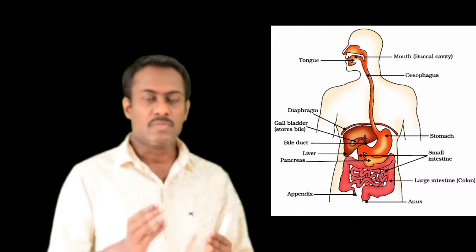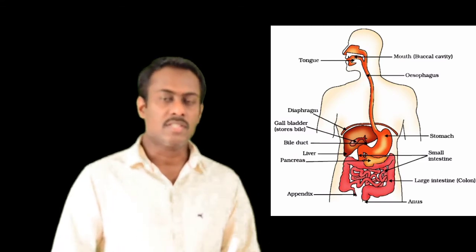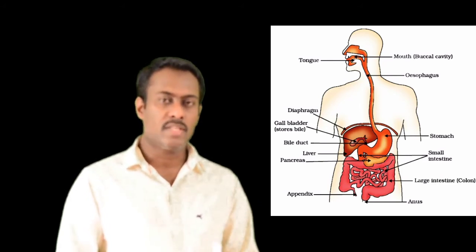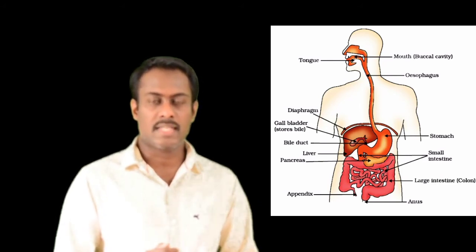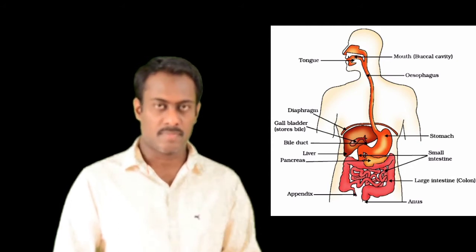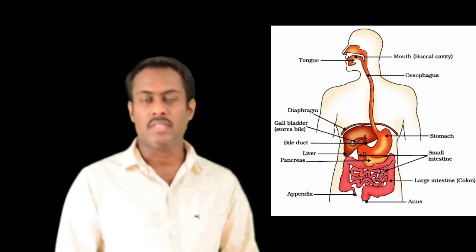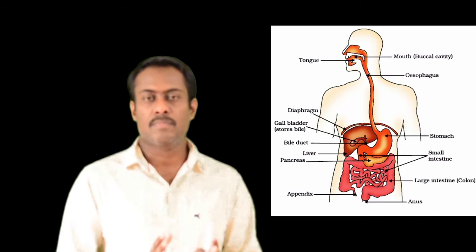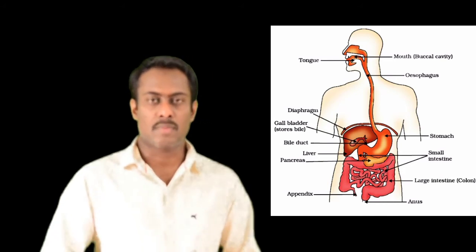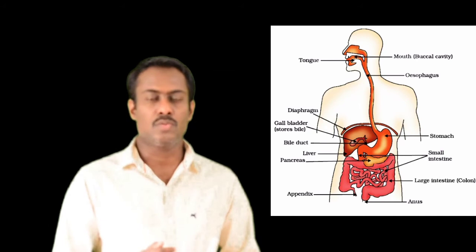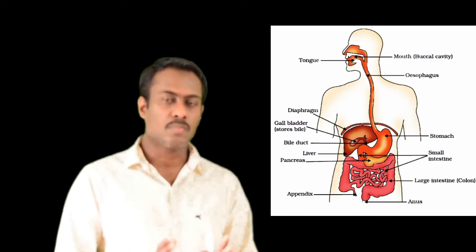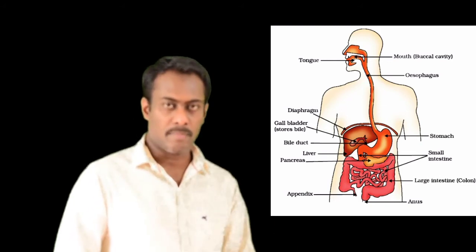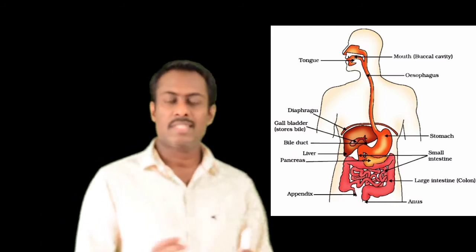The alimentary canal starts from the mouth and it ends in the anus. The inner walls of this alimentary canal are very soft. Therefore, the food that we eat has to be processed to pass through the alimentary canal. And the first breaking down of the food particles takes place in our mouth. Our teeth crush them and break them down into the smallest particles so that they can be easily passed through the food pipe, that is the oesophagus. Then how does it happen?